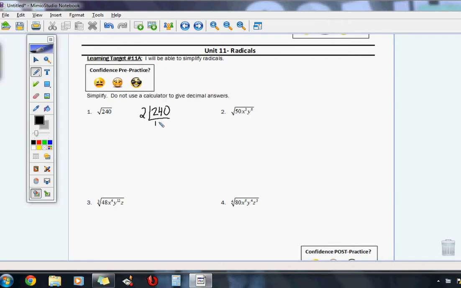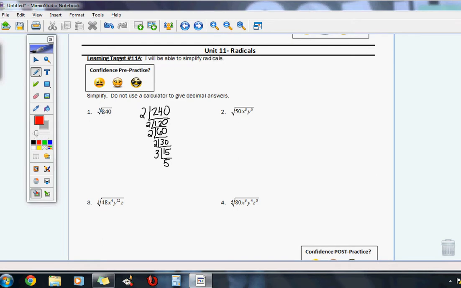240 divided by 2 is 120. Then we're going to check that by 2, and we get 60. And then we're going to divide that by 2, and we get 30. That's divisible by 2, 15. Then we divide that by 2. Oh wait, doesn't work. 2 doesn't work, we try 3. And it does work, and it gives you 5. You keep doing this until you hit a prime number. Okay, so since we are now done with our prime factorization, that's what that's called, what we do,